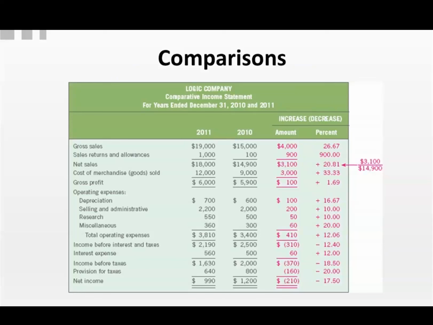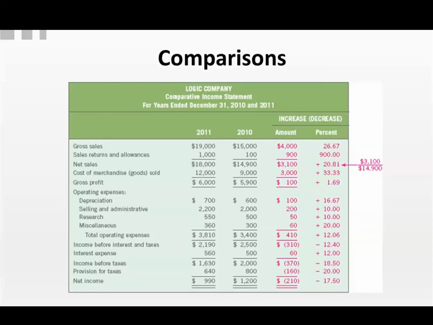So why was there a difference? In this case, there was a 17% decrease in our net income. We can look at all these different categories and see that our sales this year were actually better than last year. We actually did $4,000 more in sales, 26% more. So what went wrong if we sold more? And then you break it down and you can see that our